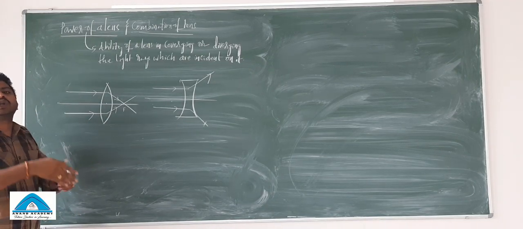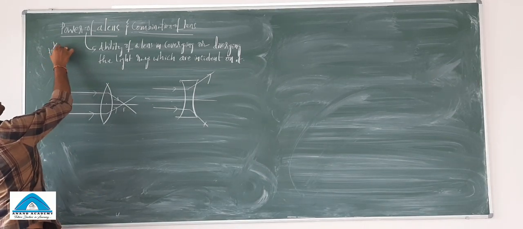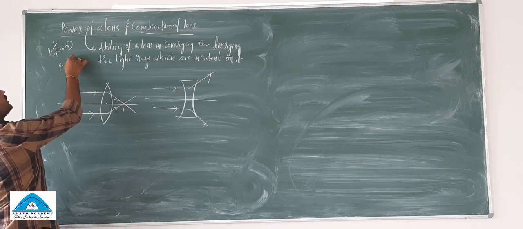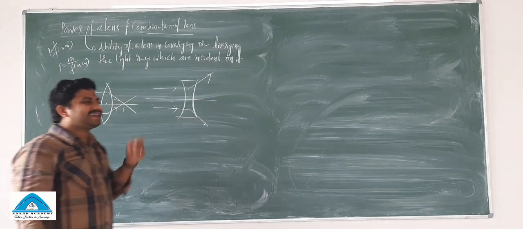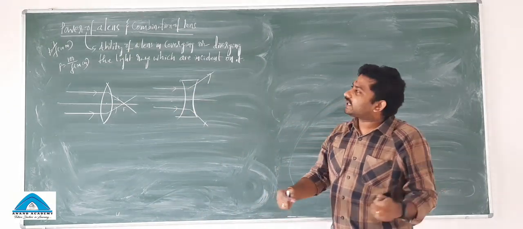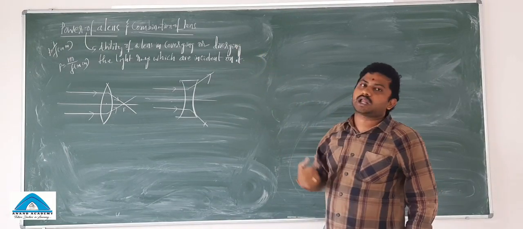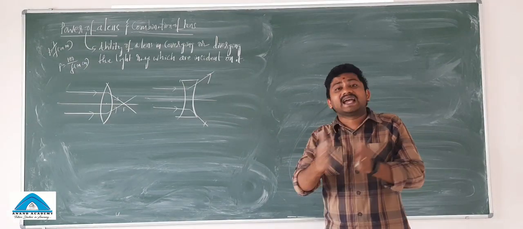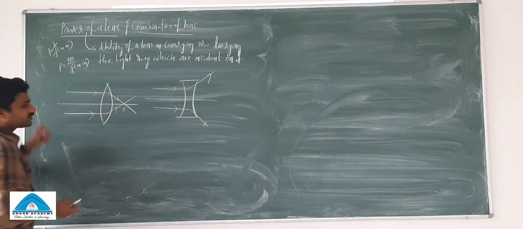This power of a lens, you might have learned about in your lower classes. Power is equal to 1 by f when the focal length is given in meters. The same power is equal to 100 by f when the focal length is given in centimeters. So these are general expressions written in your lower classes. What exactly is the reason we write power equal to 1 by focal length? That is what we are going to learn now. According to physics, we are proving the same.